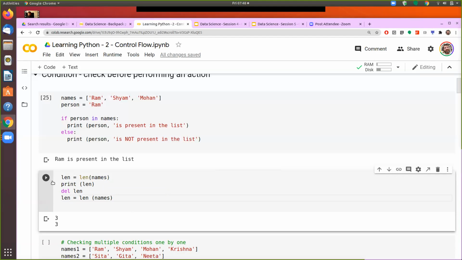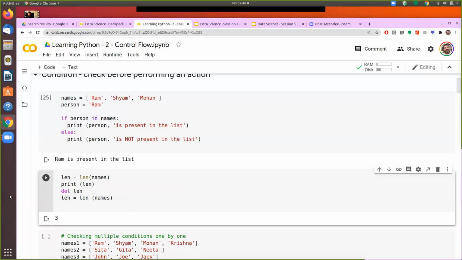Let's see what happens. I used len as a syntax, assigned a value to len as a variable, then I print len, it has printed 3, then I deleted len, it has gone out of memory, then I again repeated this, and now it is there in the memory.